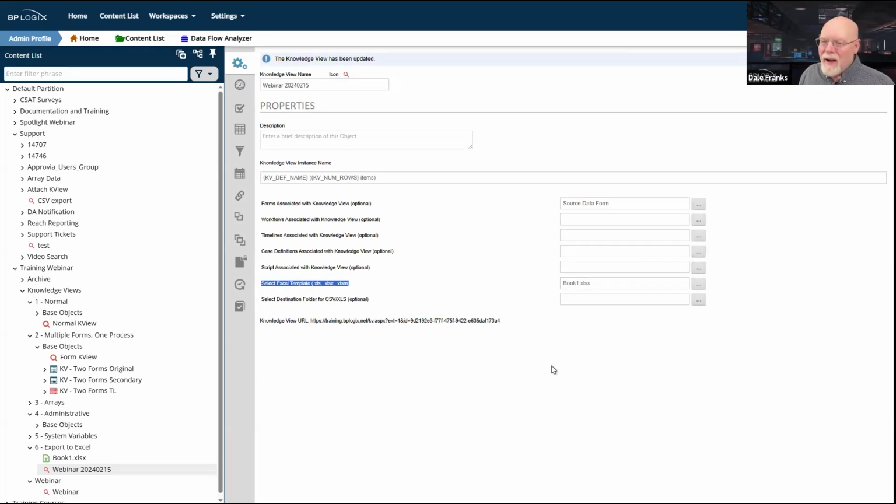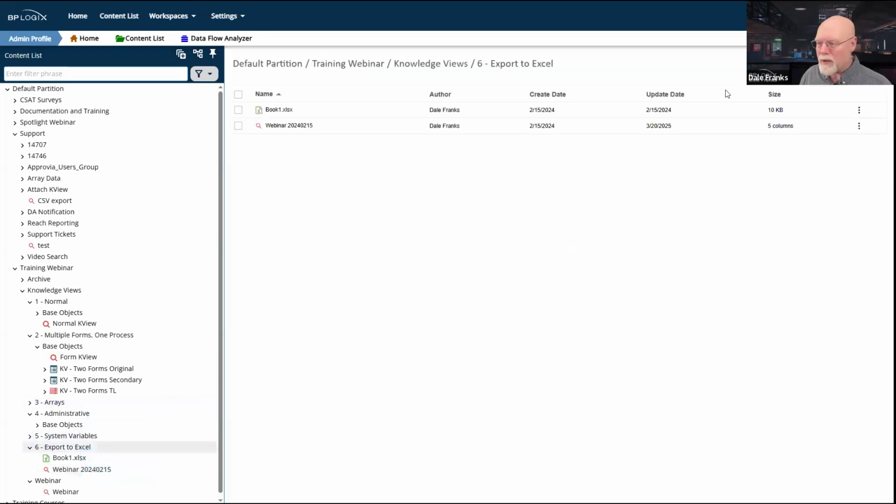So that's a lot of hoops to jump through just to produce a prettier Excel export. For most people, I think the export to CSV works just fine. And if you want to pretty it up after an export, you can just hit save as, save it as an Excel file, and do all the prettying up that you want to do automatically inside Excel. But both of those options are available to you, so it's important to talk about the export to Excel option, simply so that you know that it's there available to you.